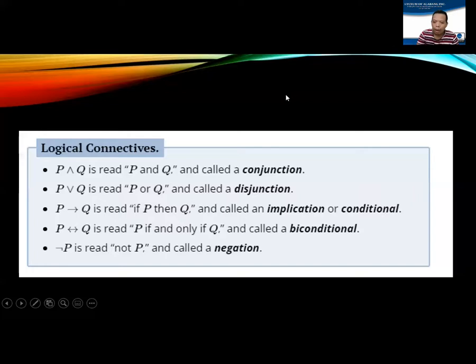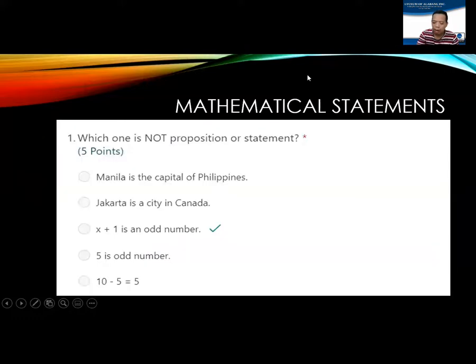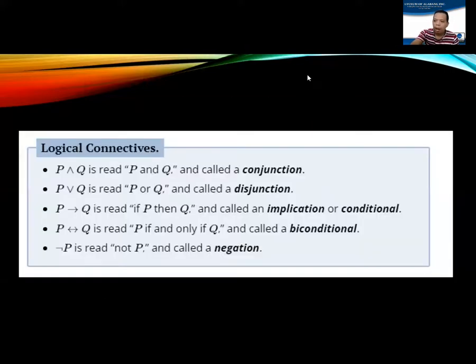So we have here our common sentential variables or propositional variables: P, Q, R, S. These are the common sentential variables or propositional variables that we use to express molecular statements